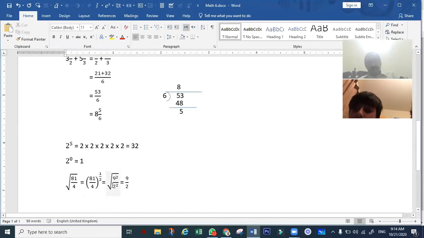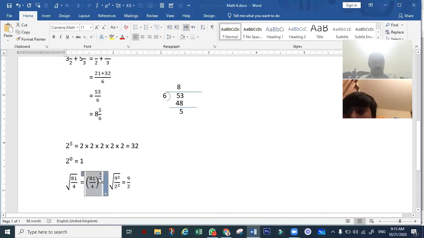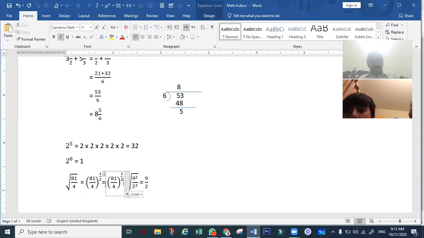Now the same can be written. There are 2 or 3 possibilities. I consider all the possibilities. ये बहुत ज़रूरी है बताना. It is very important to tell you about each and everything, about every concept. Now the same I have pasted over there, and the inside 81 can be written 9 times 9 is 81. So it can be written 9 power 2.